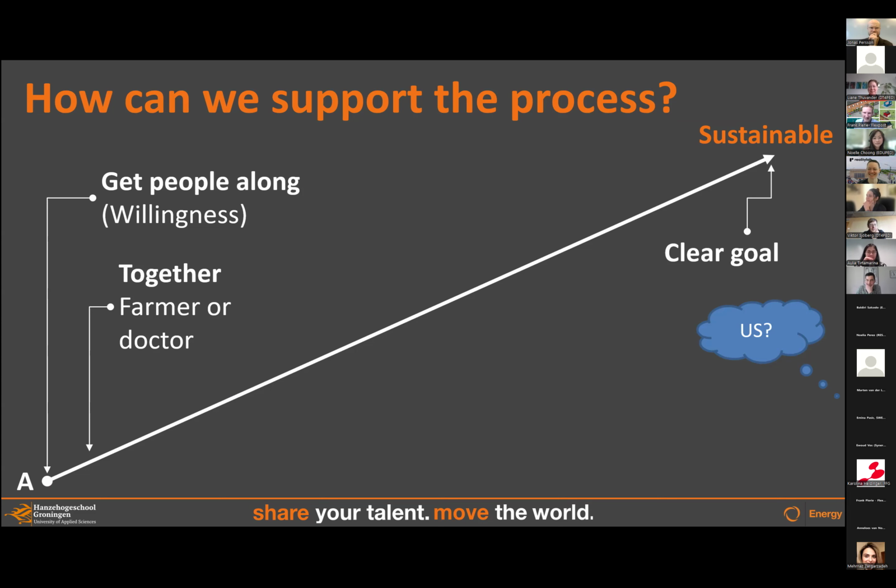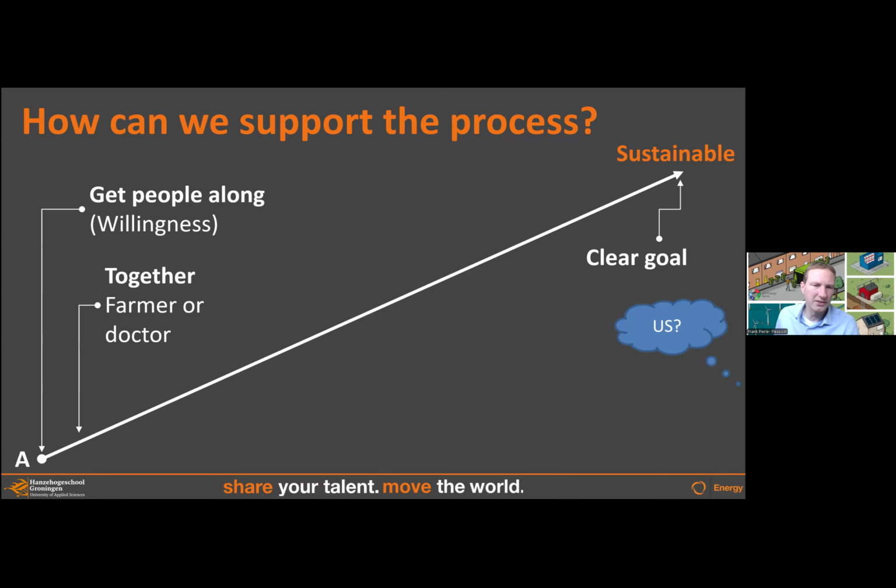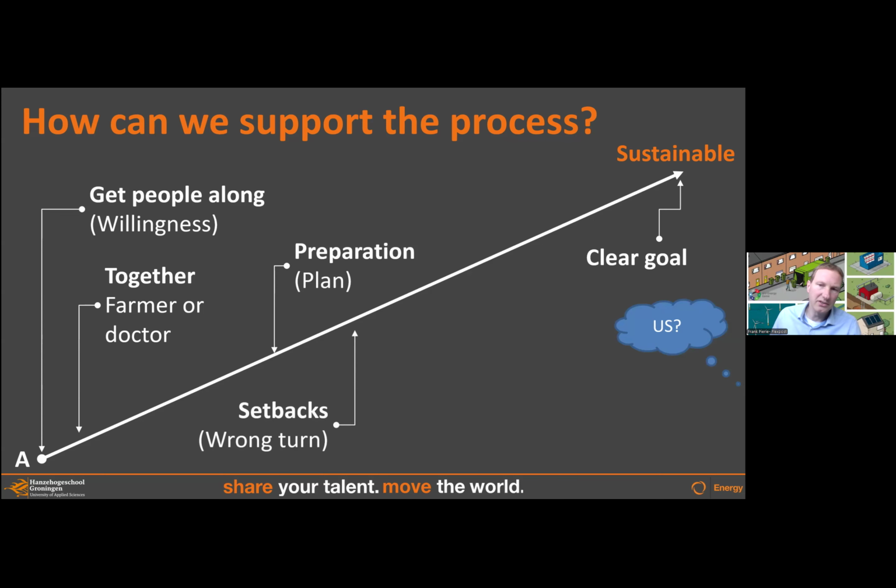Or you'll have miscommunication. So what we were talking about was actually this line, what we call the line from A to sustainability. How do you get these people along? To get them together, talking together, but also to have a clear goal together. And then, of course, when you go further, you need a good plan. And this plan needs to be set in stone together and say, okay, this is what we commit to. And when you have this plan in action, you know there are going to be setbacks. How are you going to deal with those? Those questions come along as well, and you have to stay on track. Are we still sticking to the plan? What do we need to do to keep this plan going?